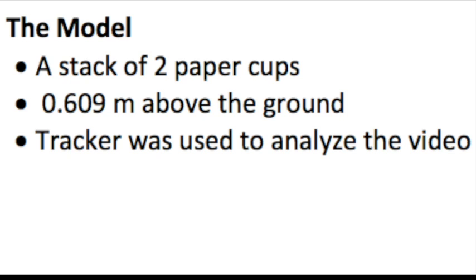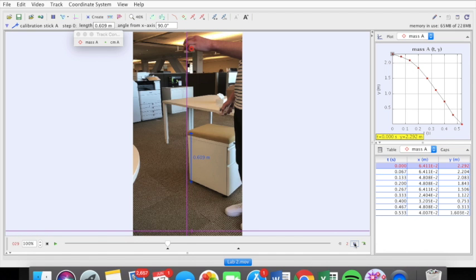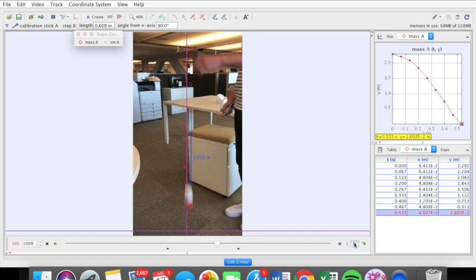After recording this motion, I used Tracker to analyze the video, and now we will look at the Tracker video to better understand the movement of the cups. Here you can see the red dot signifying the center of mass of the paper cups as they fall to the ground. The graph to the right shows the position of the cups on the y-axis over time,